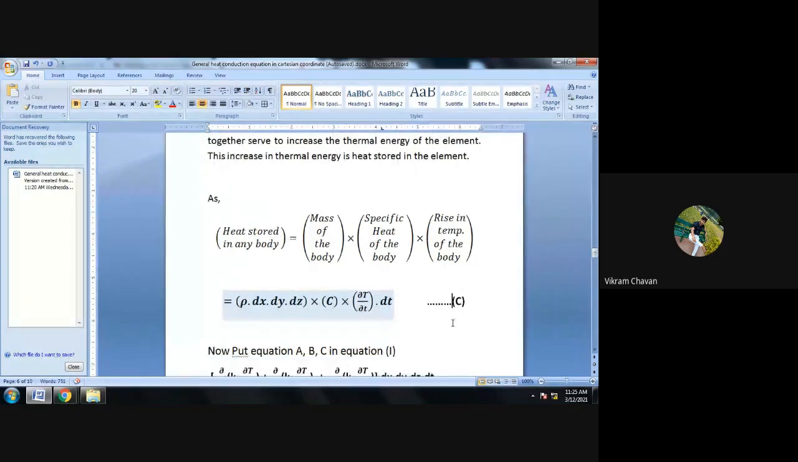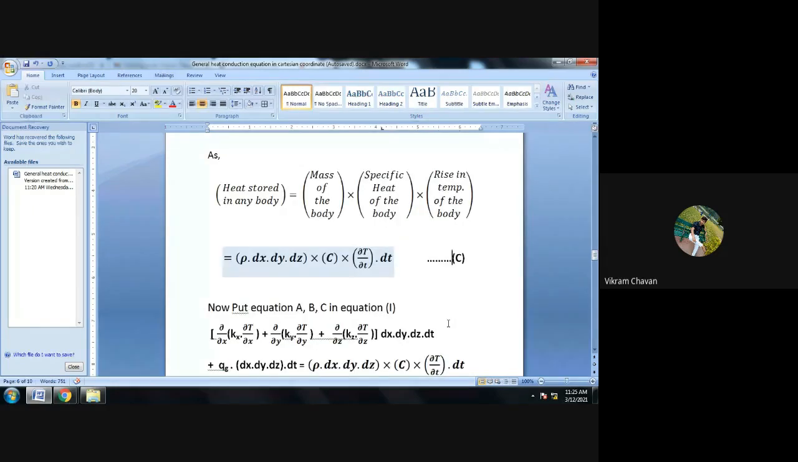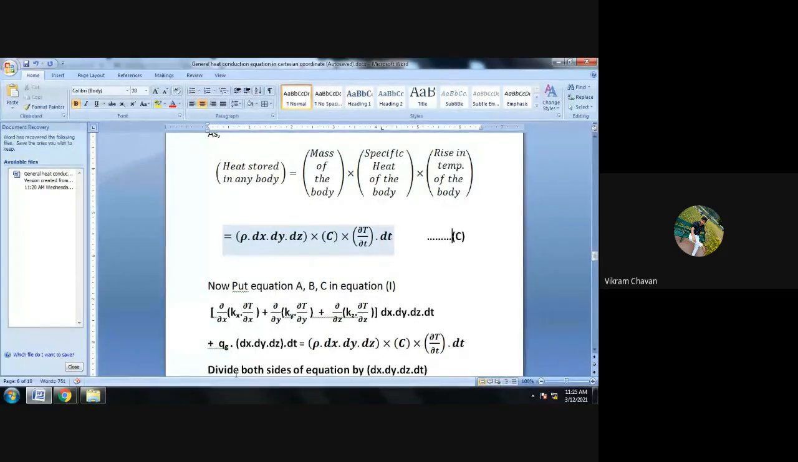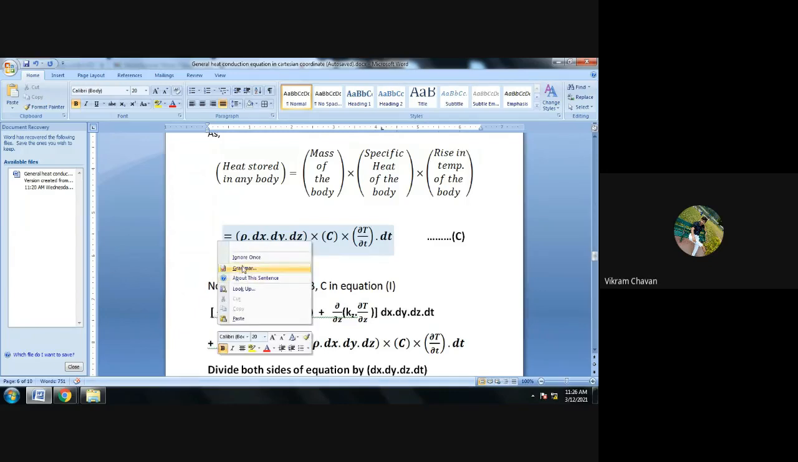Now further we have to put part A, part B and part C in equation number Roman 1, which is the energy balance equation: A plus B is equal to C. We have evaluated the A part, B part and C part for the volume element, and we just have to put them in equation Roman 1. Part A is the net heat accumulated inside the element, and that we have calculated as